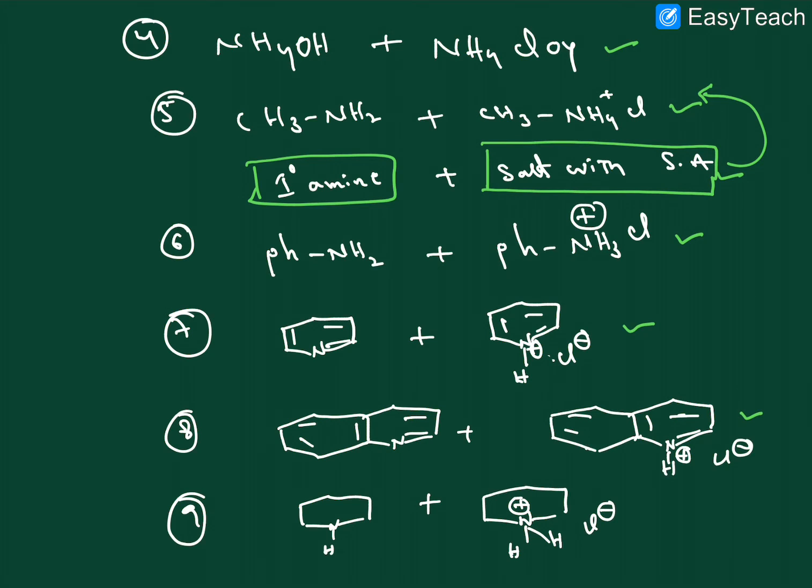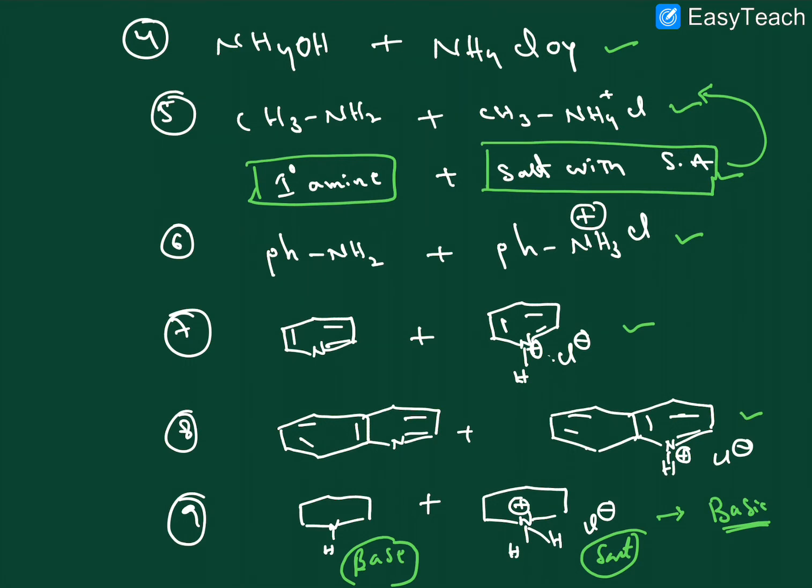and here also the same, quinoline. Here this is the base, right? This is the salt of a strong acid, a weak base with a strong acid. This is also a salt. So this mixture of salt and base solutions is called a basic buffer solution. I hope it is clear. These are the examples for basic buffer solutions, right?